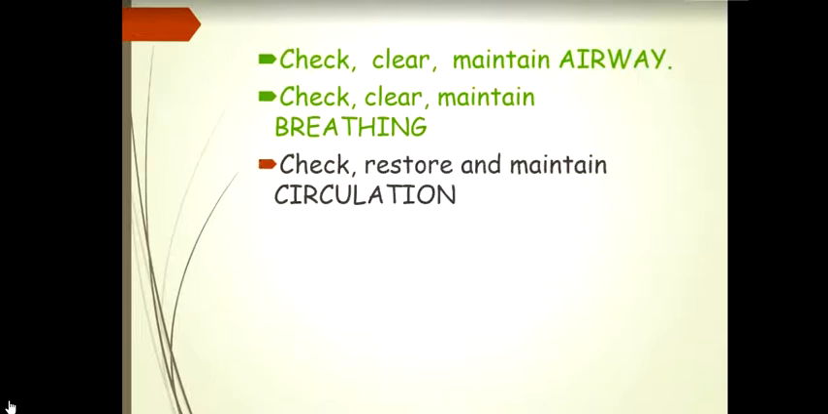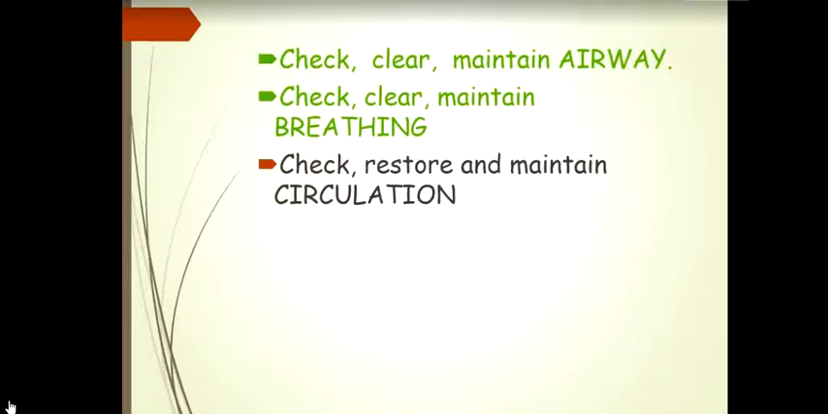ventilation is part of this maintenance of breathing. Checking and restoring as well as maintaining circulation involves ensuring that there is adequate cardiac output. And this will entail making sure that the patient's heart is beating. Yeah, because as long as the heart is beating, blood is being circulated. Maintenance of circulation also involves, for example, thinking about bleeding. If someone is losing a lot of blood, then which is what we refer to as